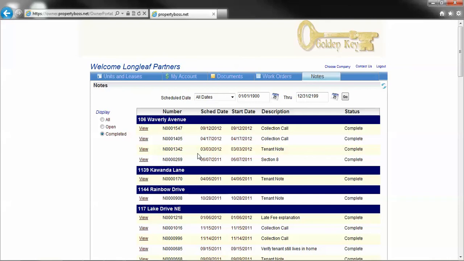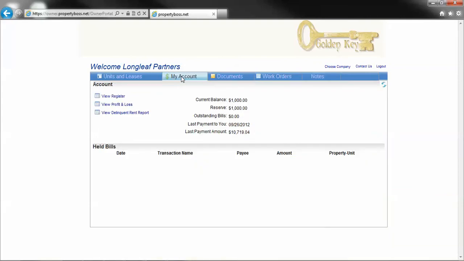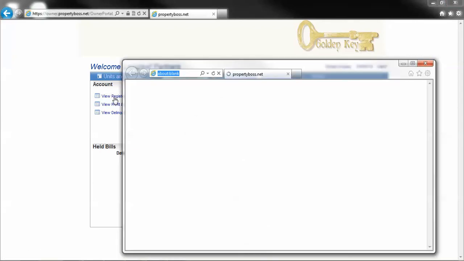Now let's go into finding documents that support your owner statement. Let's start with invoices from a third-party vendor. In other words, this is an outside vendor, not Golden Key, that has submitted a bill, and Golden Key is going to pay it on your behalf. So you would go to My Account, you go to View Register,